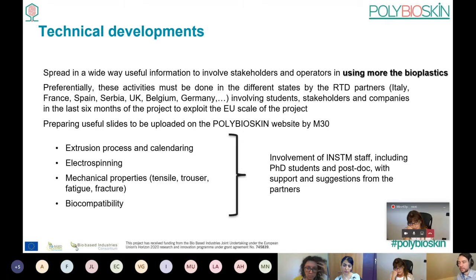So especially for the production of the films and of the sheets itself, this is of course one topic here, and a very new one, at least new to POLYBIOSKIN, bringing into bio-based materials is electrospinning, allowing us to produce fibers with the properties that we really need, especially when we think about the top sheet and the surface modifications that can be obtained from this. The other topics that will be discussed later on from INSTM are the mechanical properties and how they are being tested, and of course a look inside the